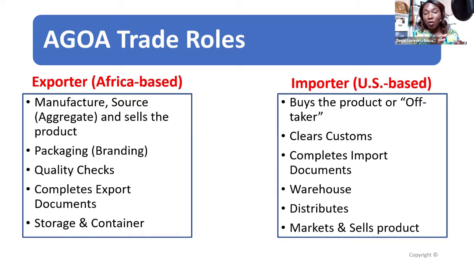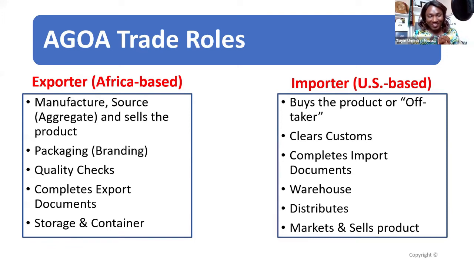Now, there's another space where the packaging branding could be flipped into the US importer's responsibility. It depends if you're doing private brands or the US just want to source the raw commodities like shea butter and then repackage it in the US. That role can shift. But just generally speaking, if you're doing the packaging and branding on the continent, you get to create more jobs, it's quite labor intensive for packaging and branding, right? So it's just a role that can be flipped. I've seen it both ways where the exporter does it or the importer, depending on if this is an export of a raw commodity or a finished good.